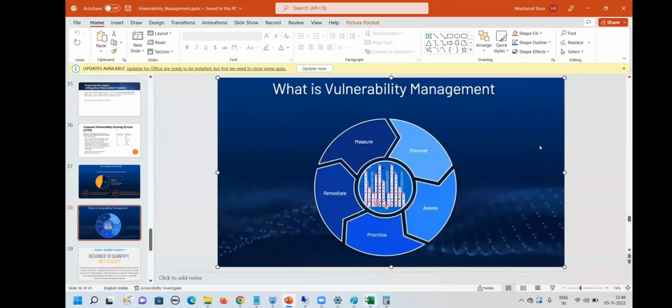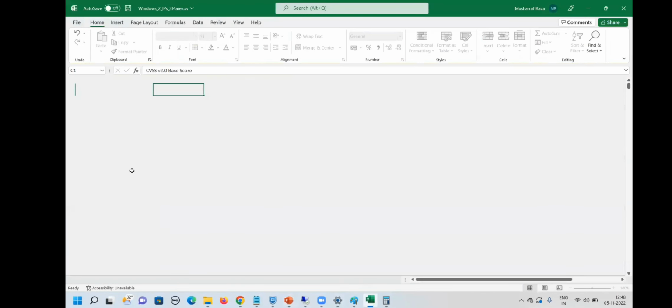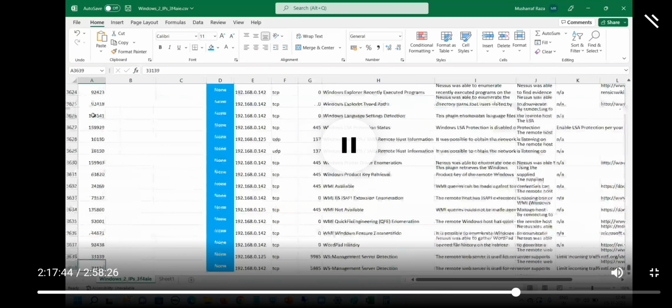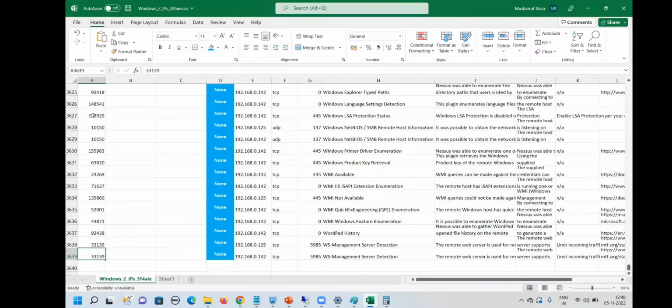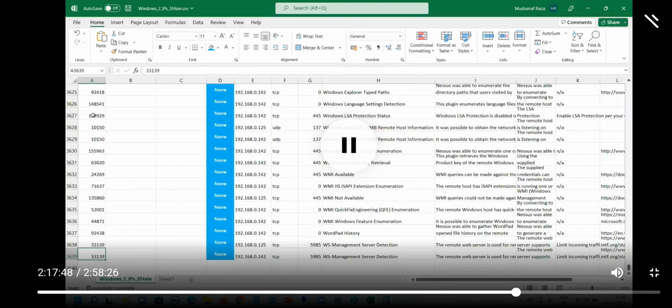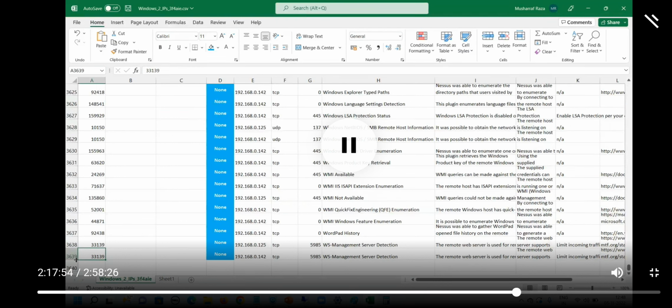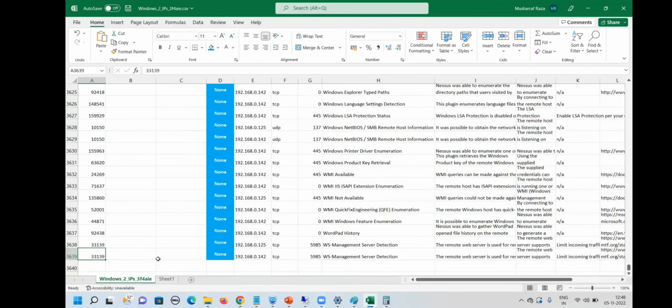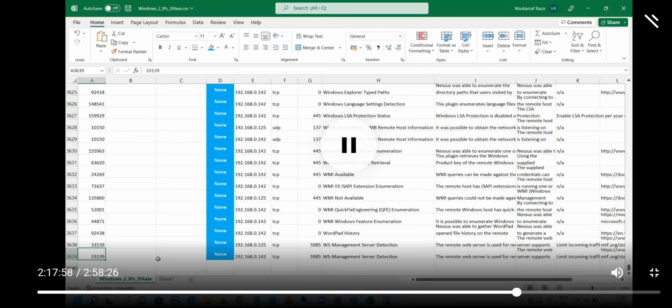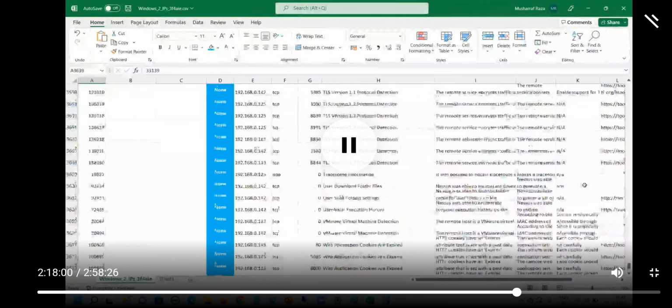Now the questions are right here itself. If I am scanning 2 IPs, how many results did I get? How many vulnerabilities? 3,639. So can I take 3,600 as a round figure? Out of 3,000, for me only